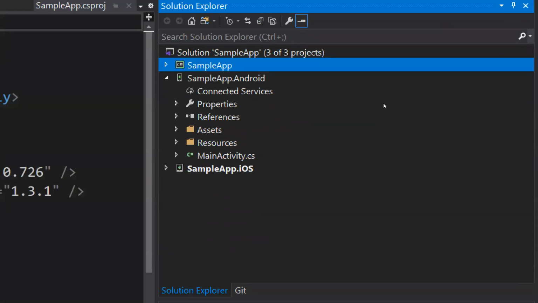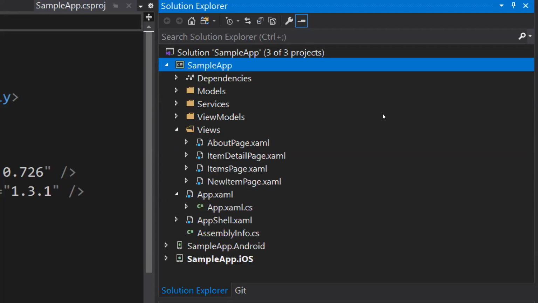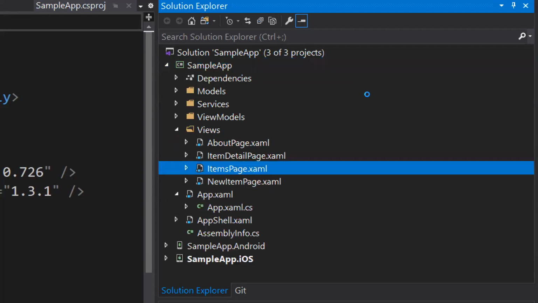So for example, with Android, it's a main activity. And that points to the thing that initializes Xamarin.Forms, which kind of starts drawing my UI here. Likewise, Apple has their own as well. It's the app delegate. So this is a vanilla MVVM structure we give you with the templates. You have some views, you have some view models, and then a mock data situation. And everything kind of starts in this app.xaml file. That's where we initialize your Xamarin.Forms, and we point it to the main view, which is right here, items page.